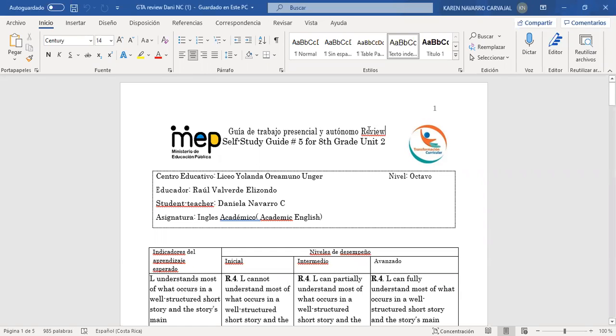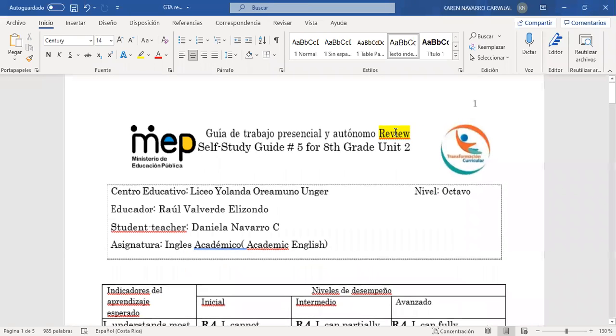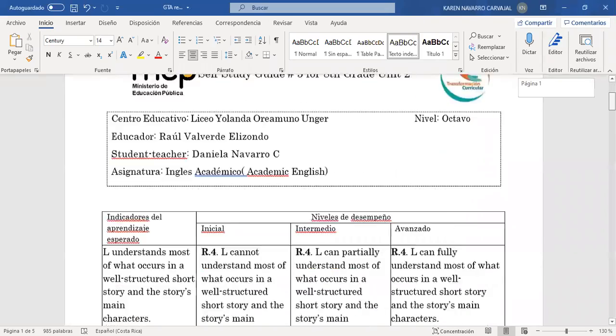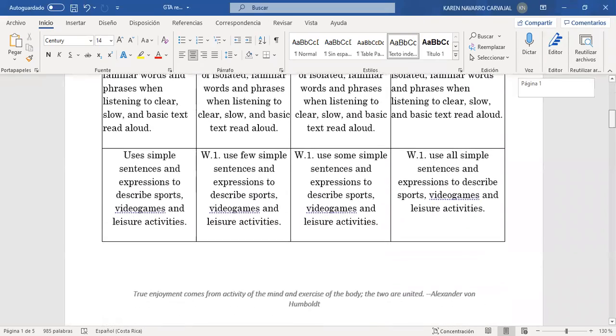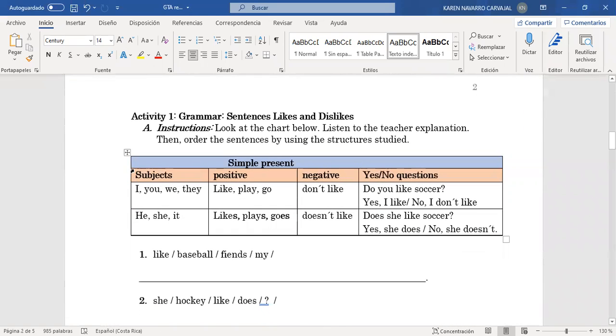So this is a review of the topics that we have already been studying in the classroom. As you can see here, we have, as always, the objectives. Then we have this table. Right here, you have an explanation on the grammar that we saw in the first lesson. In the GTA 1, you will find this information